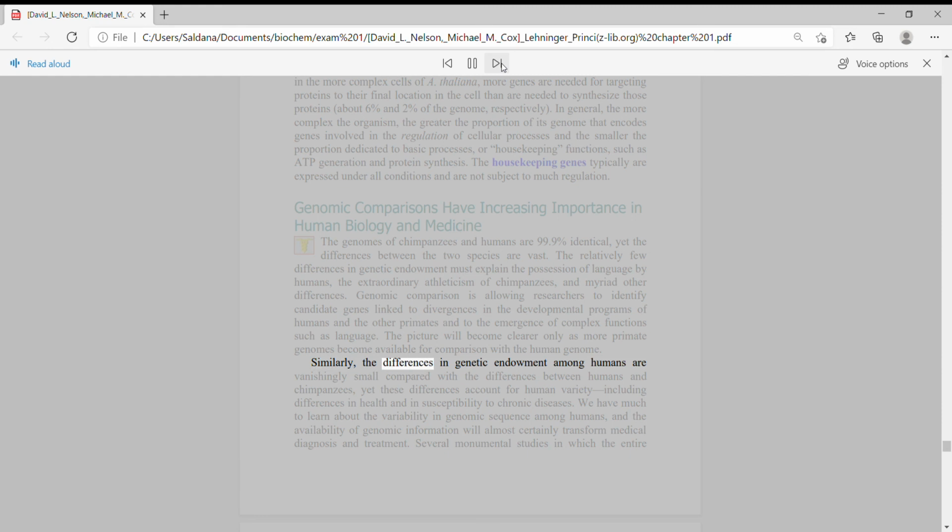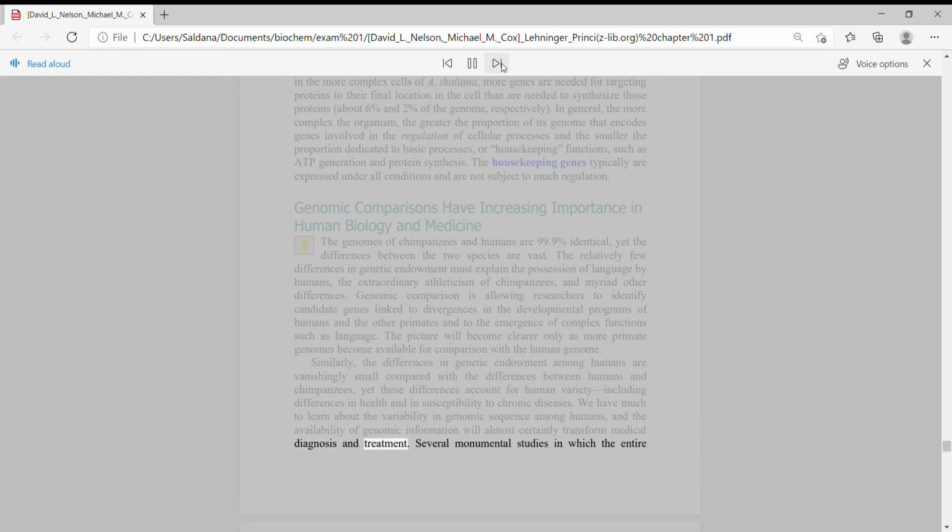Similarly, the differences in genetic endowment among humans are vanishingly small compared with the differences between humans and chimpanzees, yet these differences account for human variety, including differences in health and in susceptibility to chronic diseases. We have much to learn about the variability in genomic sequence among humans, and the availability of genomic information will almost certainly transform medical